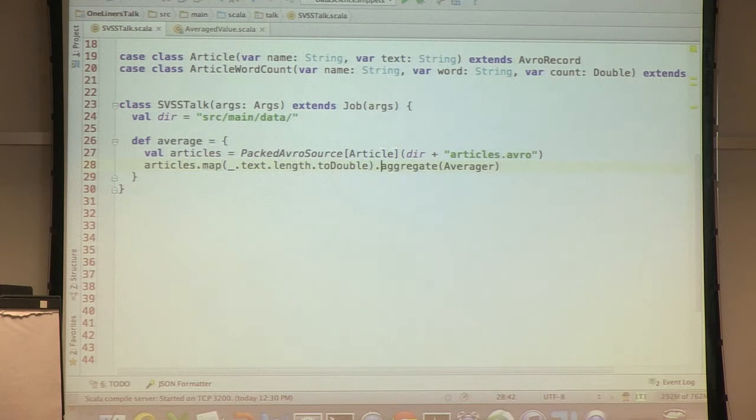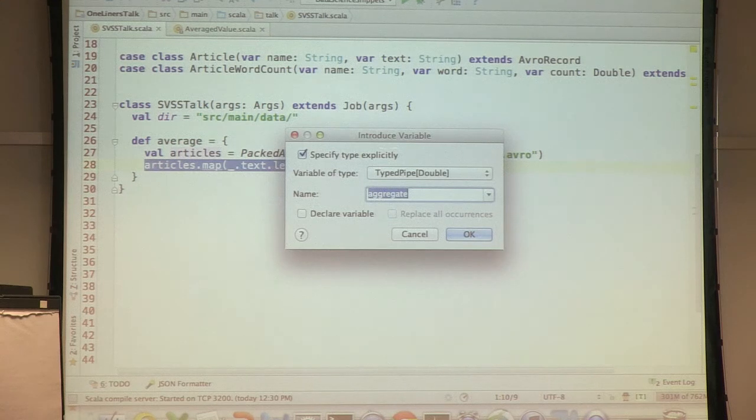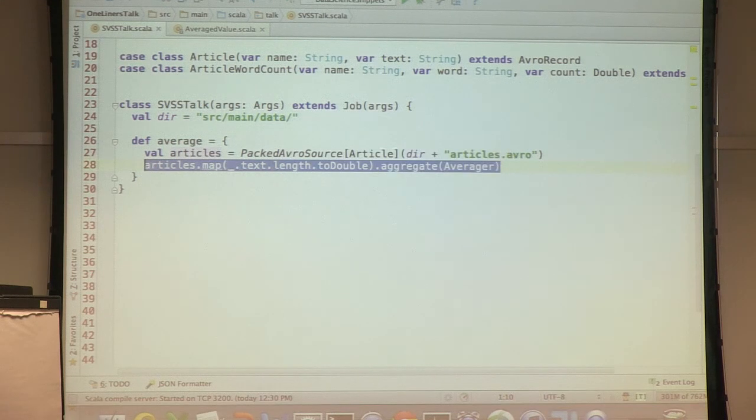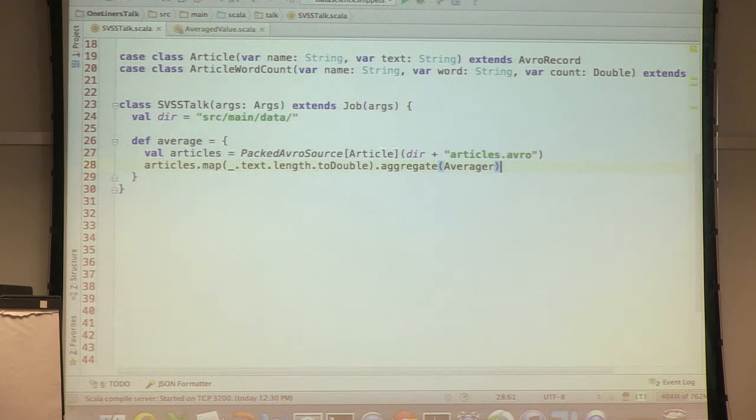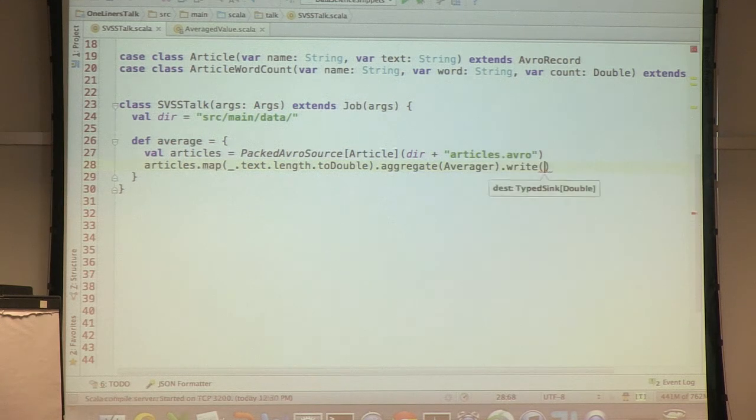So now we have a type of doubles, and aggregate averager will work, and it will also return a pipe of a double. But since we aggregate over all of the articles, we'll get just a single number, and that number will be the average length of Wikipedia articles.